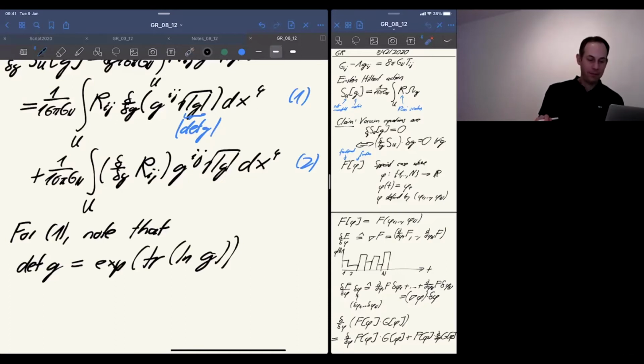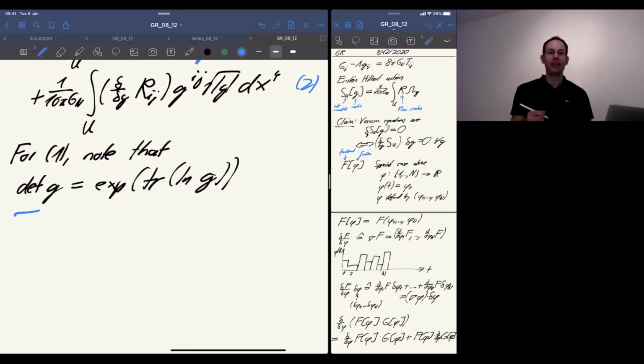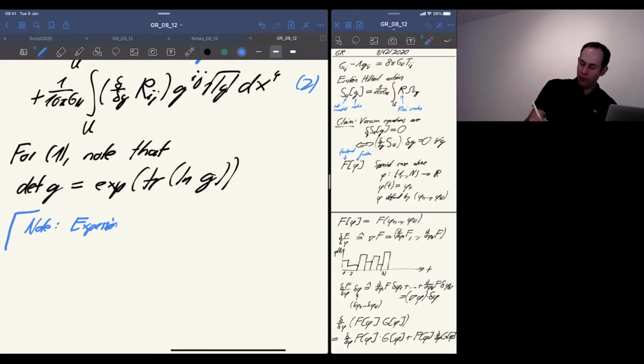Okay, so yes moves faster. So let me briefly do that. Let me just do it here in another color. It's kind of a side remark, because that's really something that has nothing to do in general with GR or differential geometry. It's a matrix theoretic statement. So first note that the expression is independent of the basis choice.